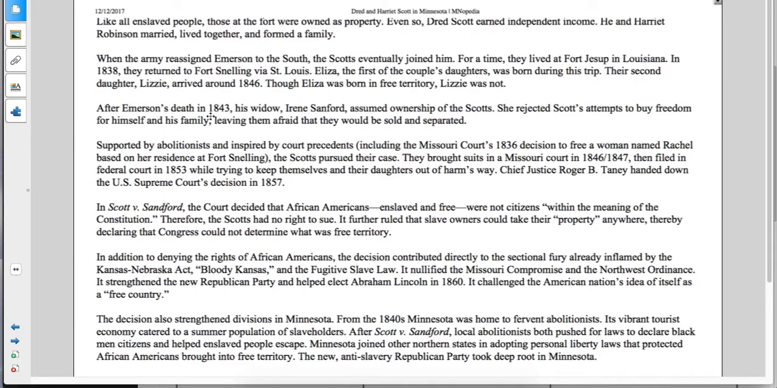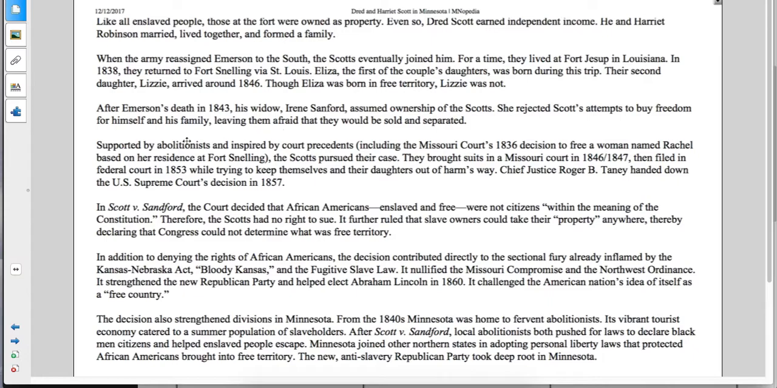After Emerson's death in 1843, his widow, Irene Sanford, assumed ownership of the Scotts. She rejected Scott's attempts to buy freedom for himself and his family. So he earned money, so he's trying to buy his freedom, leaving them afraid that they would be sold and separated. And I know that that's a big deal, that families were torn apart by